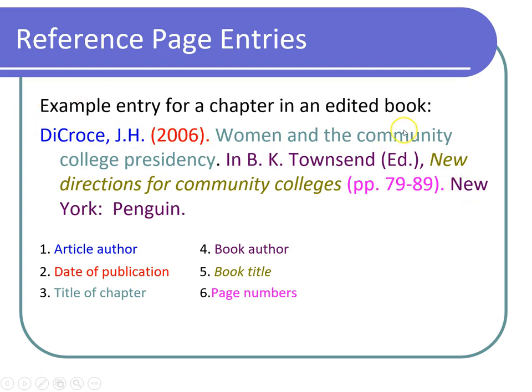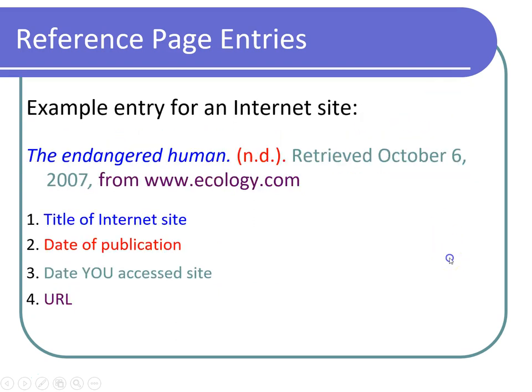Here's an example from a chapter in an edited book, which a lot of you may or may not use, but let me get to one right here, an internet site. I've color-coded this as well, so this will make it simple. The title of the internet site is in blue, The Endangered Human. Date of publication, well, there wasn't one, so you can put ND, no date. The date you accessed the site, retrieved October 6, 2007, and then the URL, which is the web address,